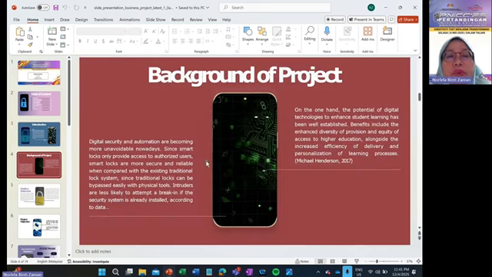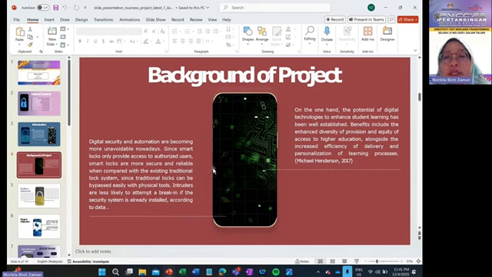The background of my project is that digital security and automation are becoming more unavoidable nowadays, since smart locks only provide access to authorized users. Smart locks are more secure and reliable when compared with existing traditional lock systems, since traditional locks can be bypassed easily with physical tools. Intruders are less likely to attempt a break-in if security is already installed, according to data.